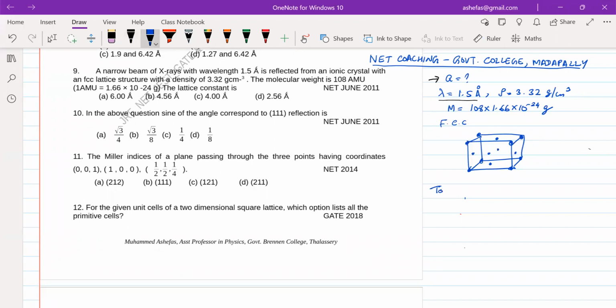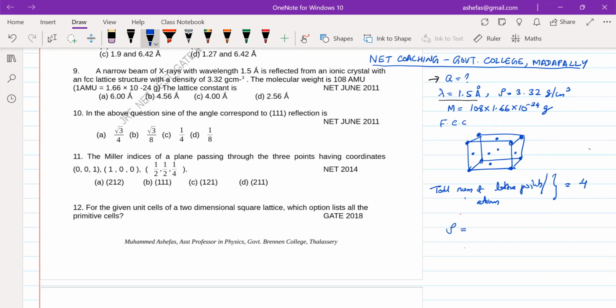Then what is the total number of lattice points or atoms in the unit cell? So the contribution of corners would be 1, and the contribution of each face is one half, and therefore the contribution from 6 faces would be 3. So 1 plus 3 would be 4. So there will be a total of 4 atoms or 4 lattice points inside this FCC unit cell, and therefore